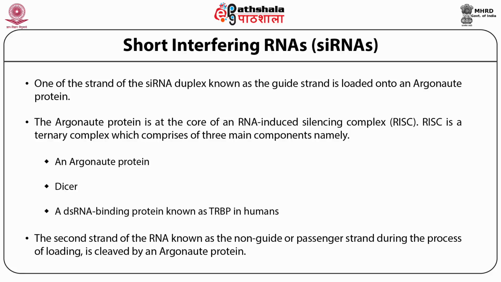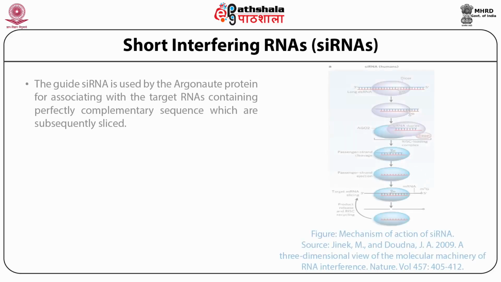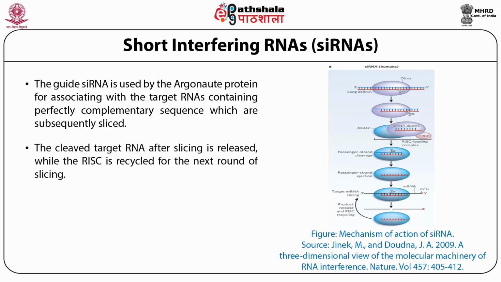by an Argonaute protein. As you can see in the diagram here, I had told you the siRNAs are derived from longer double-stranded linear RNA molecules, which then associate with Dicer within the cytoplasm and are cleaved into shorter 21 to 25 nucleotide long molecules. These molecules are then loaded onto the RISC complex. The RISC complex, which comprises 3 separate components, which you can see in 3 different colors: blue, purple, and orange. Now, since it is double-stranded, one of the strands is known as the guide strand, while the other is